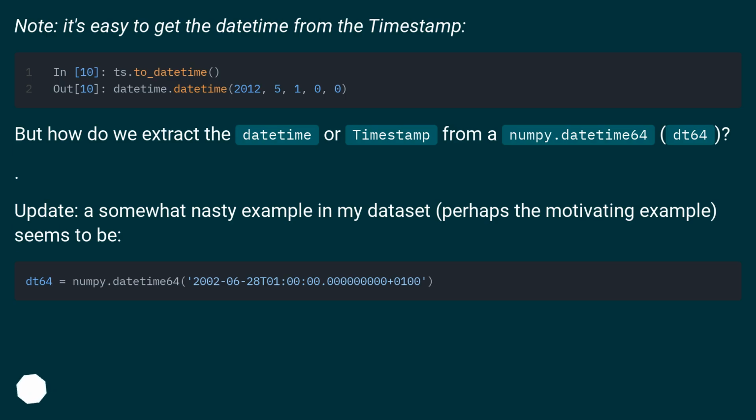Note, it's easy to get the datetime from the timestamp. But how do we extract the datetime or timestamp from a numpy.datetime64, DT64? Update. A somewhat nasty example in my dataset, perhaps the motivating example, seems to be